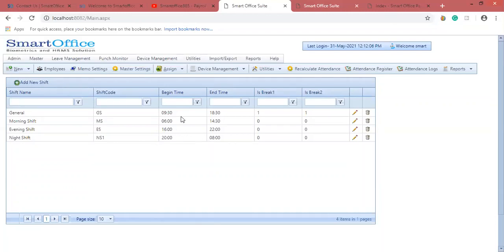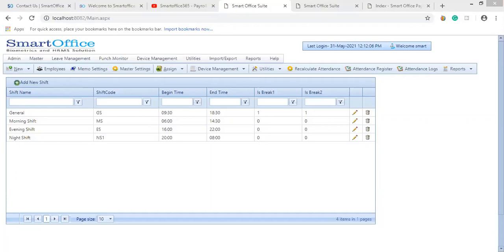In some cases, suppose you have missed the in punch or the out punch. In that case, there might be a chance of taking another shift, or you may have a marginal shift difference. Marginal shift difference means, say for example, my morning shift starts at 6 o'clock to 2:30, and the general shift timing is 9:30 to 6:30.